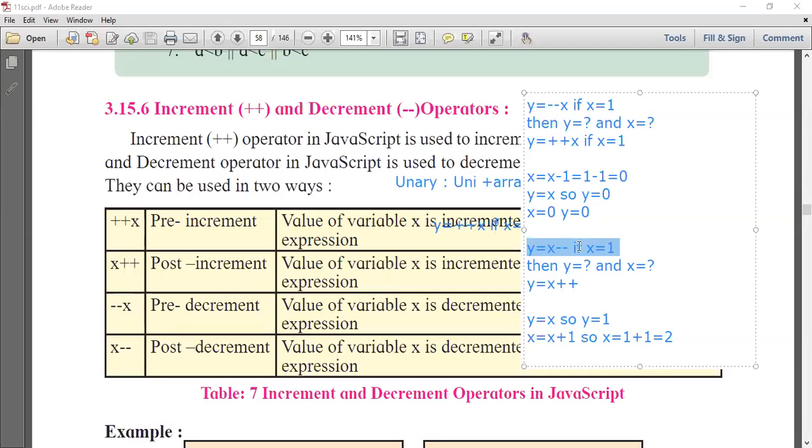Y is equal to x minus minus. If x is equal to 1, then y is equal to what and x is equal to what? Yes. Yogesh is saying y is equal to 1, x is equal to 0. Yes, other students?